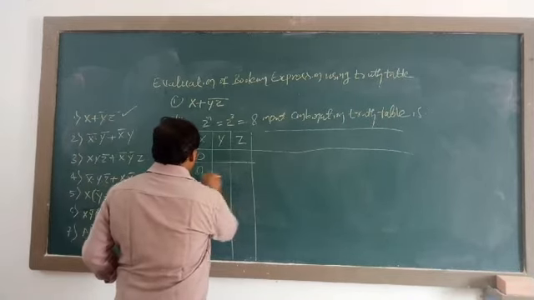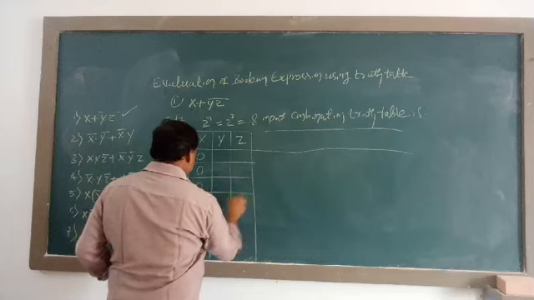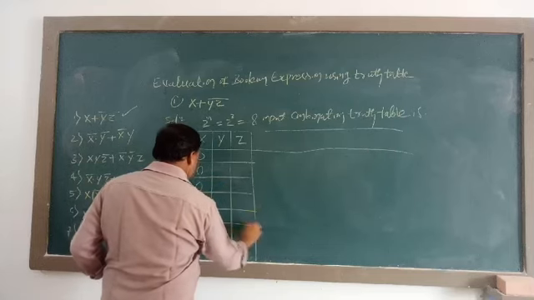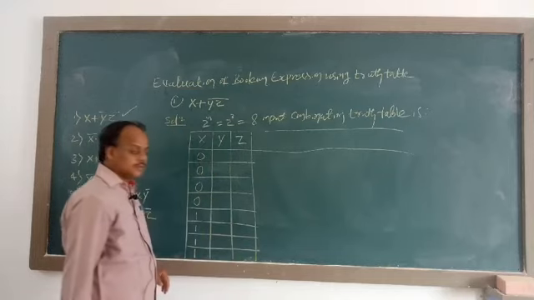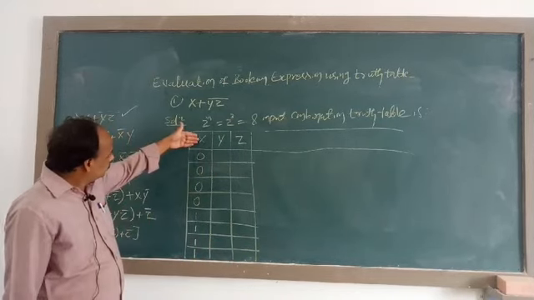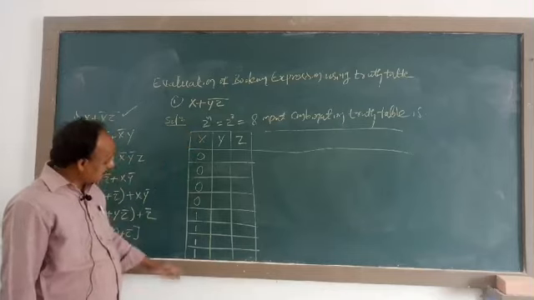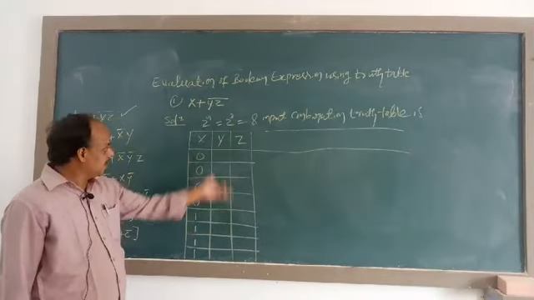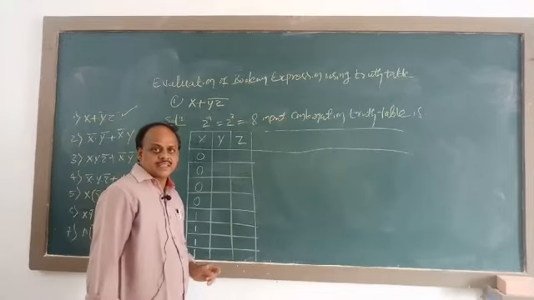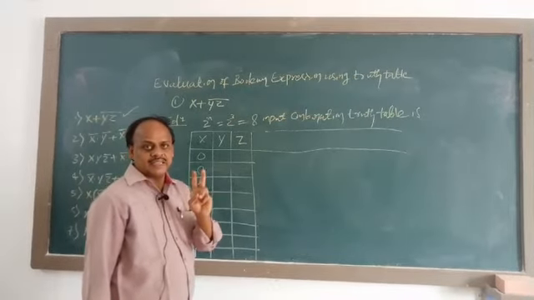Like this. Now for the x variable, 8 cases are over. For y and z, these 2 variables, we have to write the standard 2 input variable cases. That is